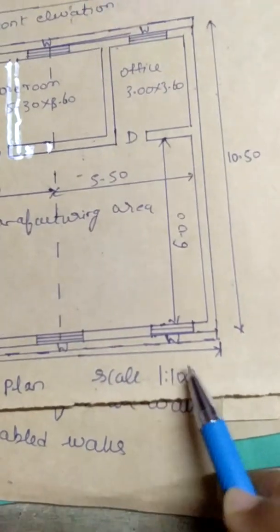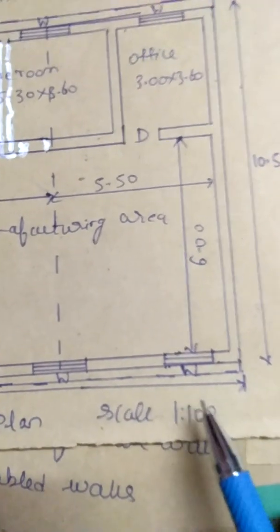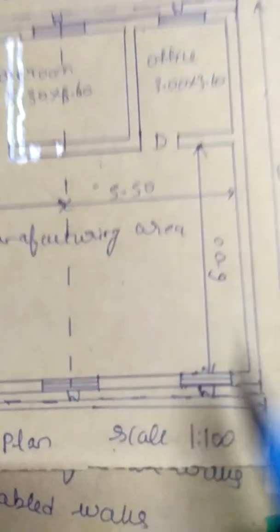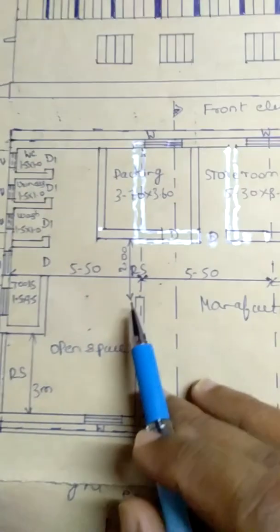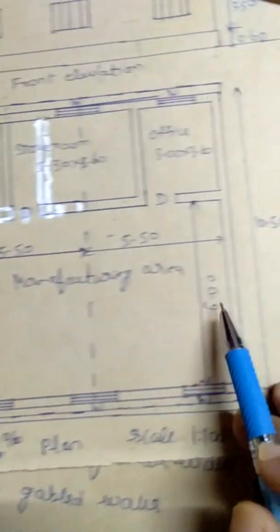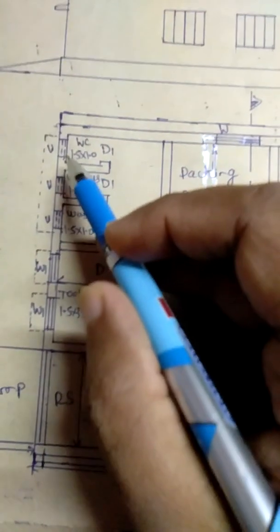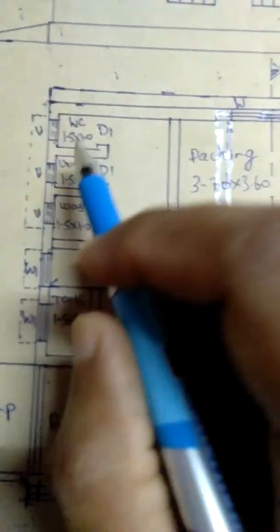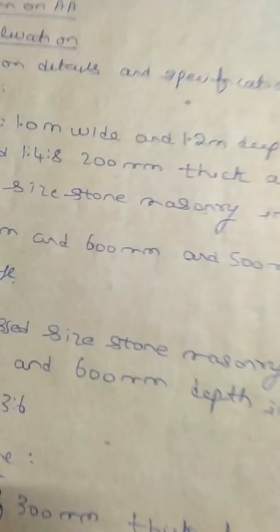The scale is 1:100. Okay, you can go to my previous videos, the starting videos in this channel, how to calculate the values using the particular scale, okay. So you can see here, just all the lines have been given double lines here, okay. All the lines have been made into walls here. So these are the windows, okay. You can see here, these are the ventilator, okay. So you have to see the size of the ventilator and see the size of the window. For that you have to see the question. So let us see that size now.